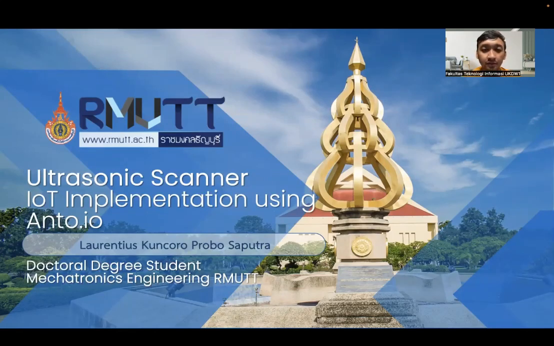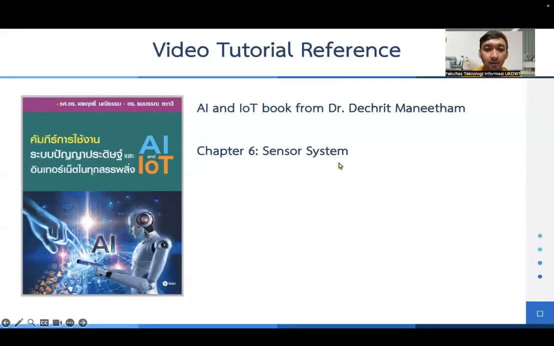And now in this video, I want to explain how to implement an ultrasonic scanner as an IoT implementation using Anto IO. This example I took from my professor's book, titled AI and IoT, and we can see it in chapter 6 for the sensor system.